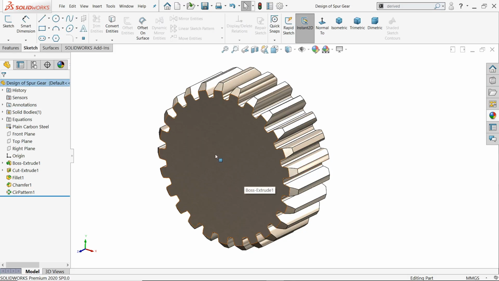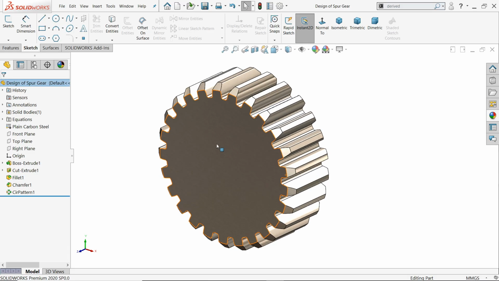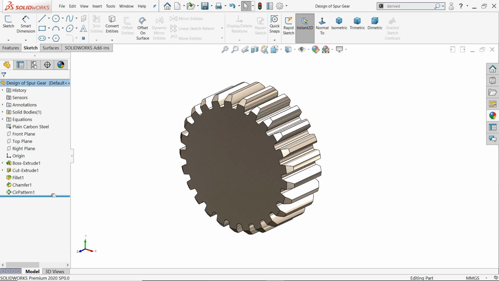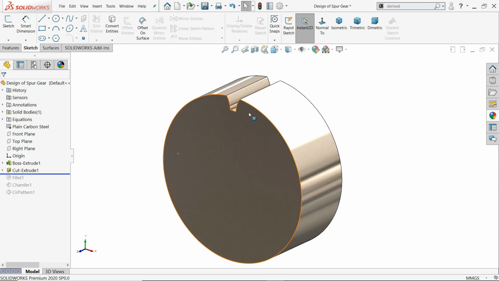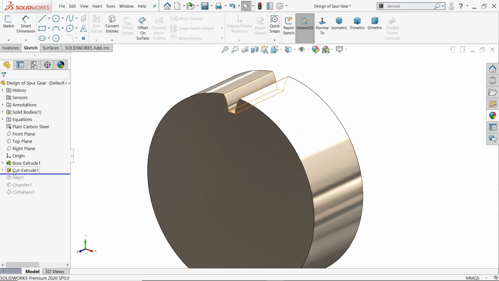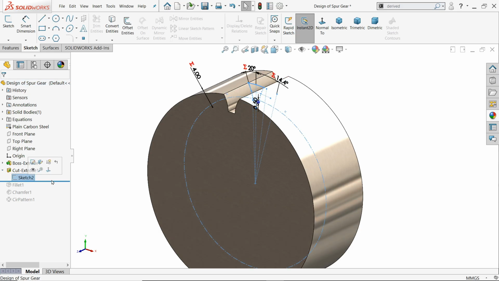Now here with the help of our previous model, spur gear, we will create a helical gear. So first we will do one thing, just hide it. Now we want to see this one, so just take it a little upside.